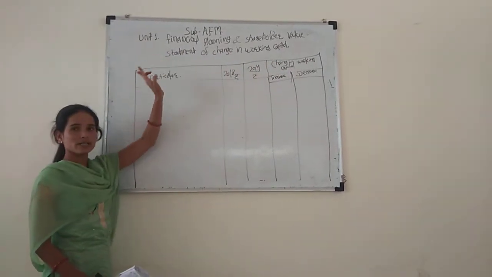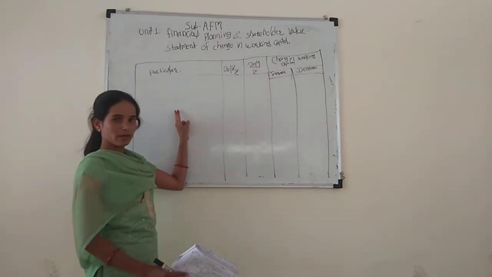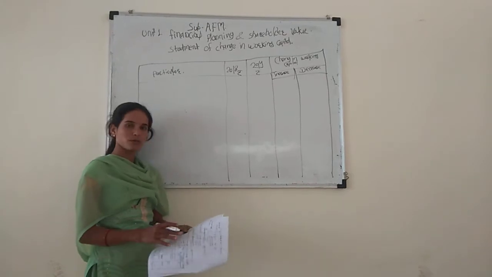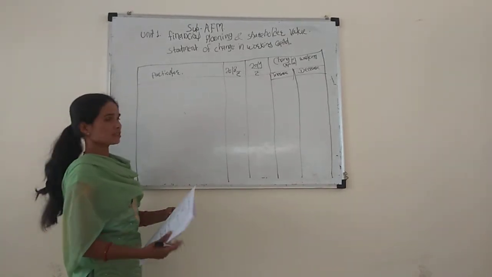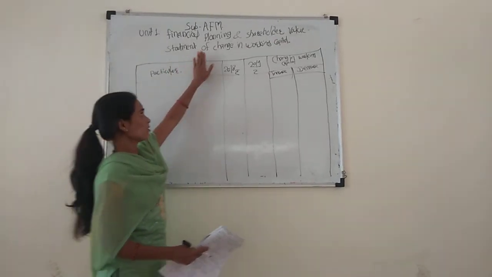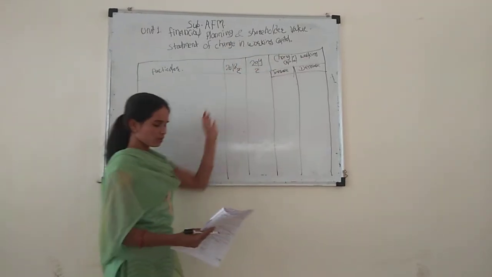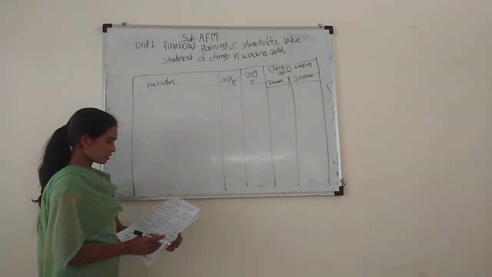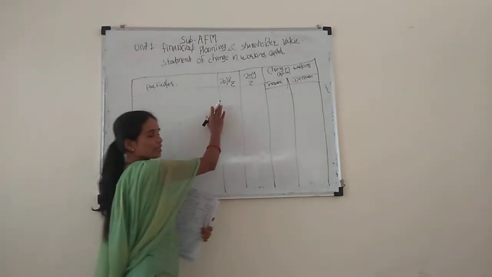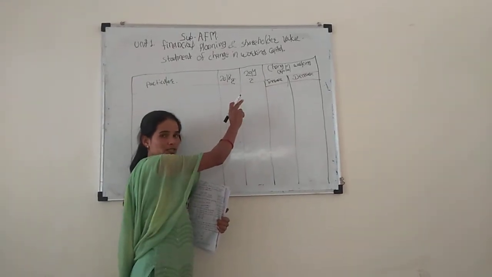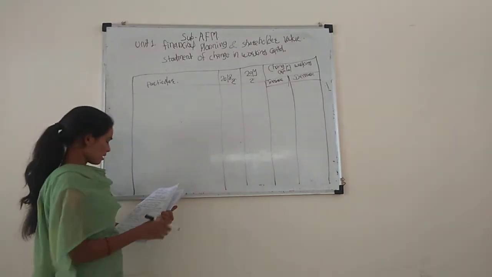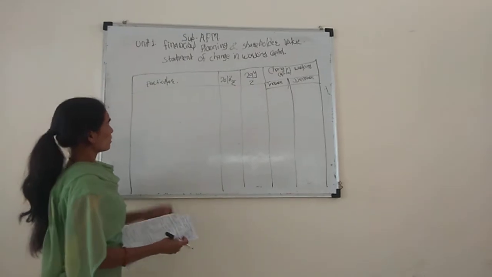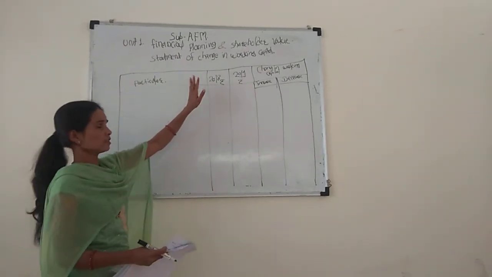Shareholder value, we already discussed two problems, and today we discuss the third problem. See the previous lecture, and today we discuss the working capital statement of change in working capital. Last lecture we discussed the 2018 and 2019 balance sheet and additional information, on which we prepare the statement of changes in working capital.